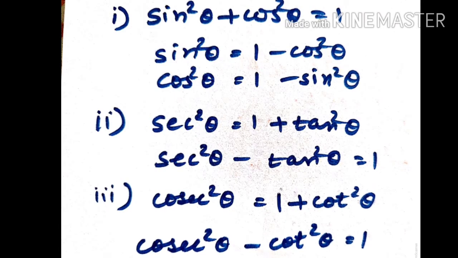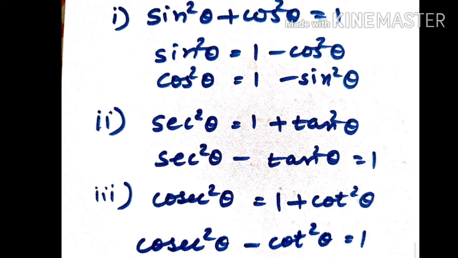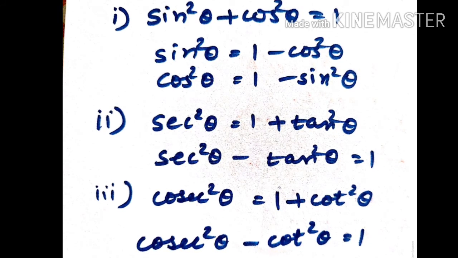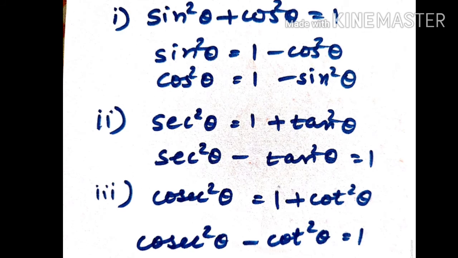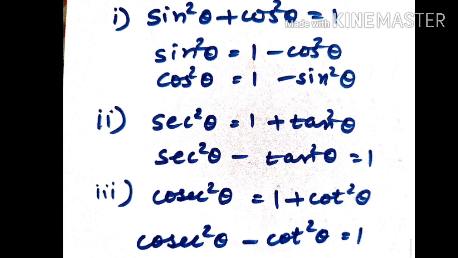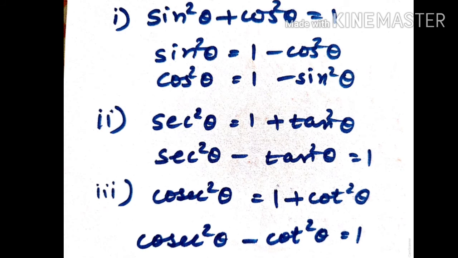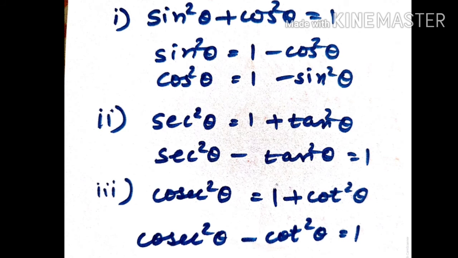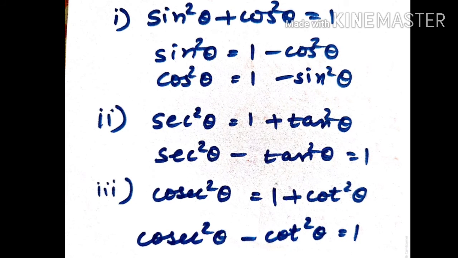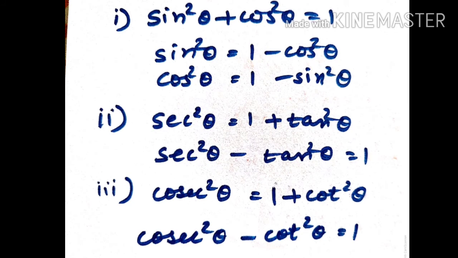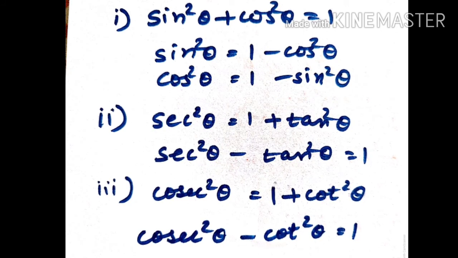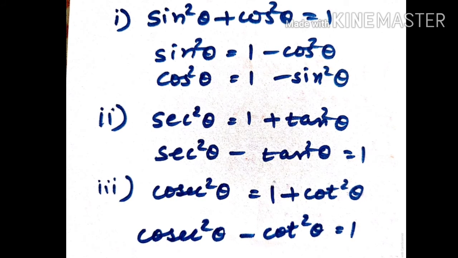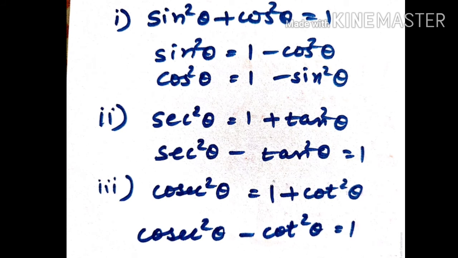Okay, what we have studied right now, the square relations, I have written it and am explaining to you that if first sin square theta plus cos square theta is equal to 1, then we can use that same equation as sin square theta is equal to 1 minus cos square theta, and cos square theta is 1 minus sin square theta. You check that if you want the value of sin square theta, you take cos square on the other side, it becomes minus. So what is our sin square theta? 1 minus cos square theta. And what is our cos square theta value? 1 minus sin square theta.